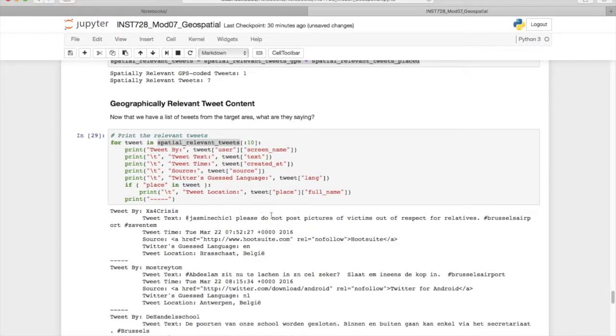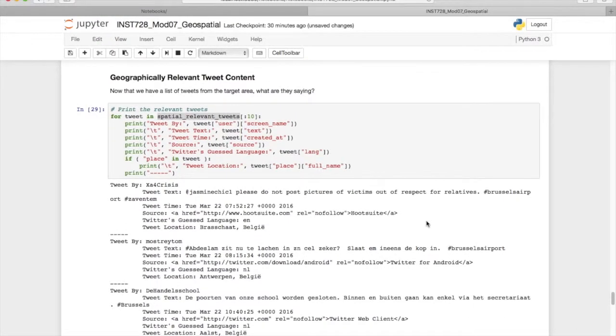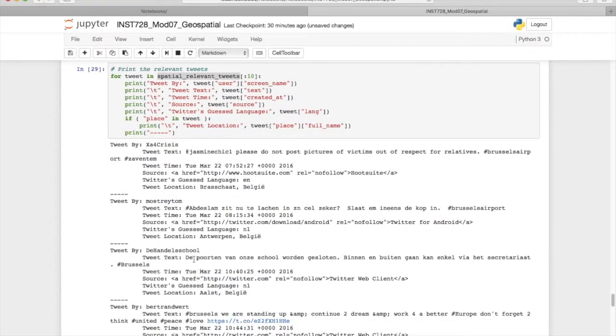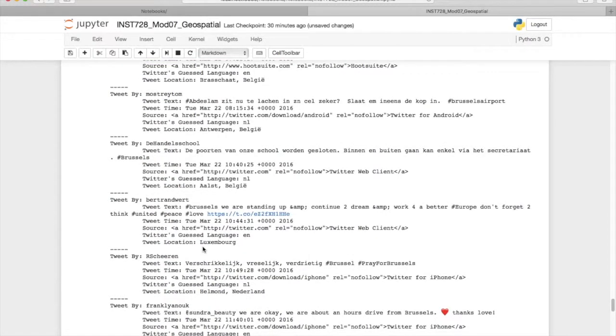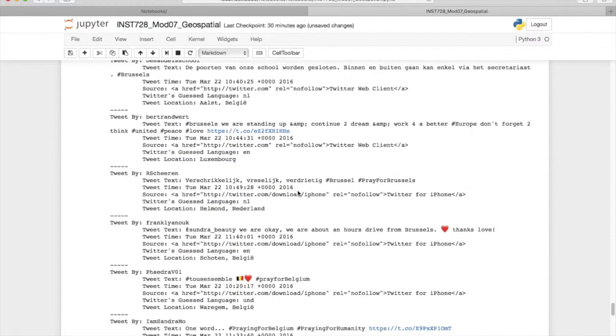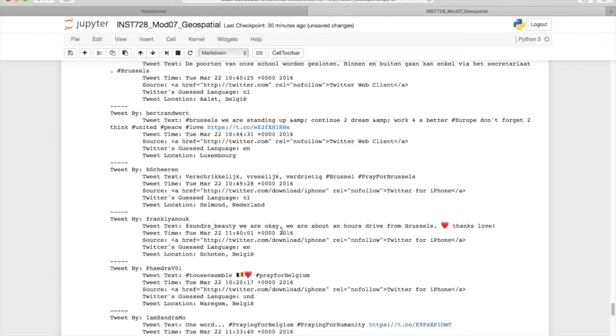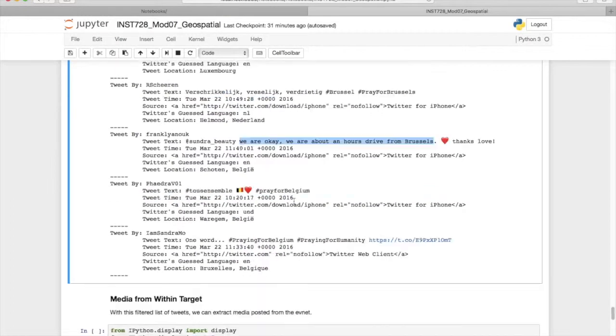So here we have, "Please do not post pictures of victims out of respect for relatives," a tweet that appears to be in Flemish or Dutch, another tweet that appears to be in Dutch, and then lots of thoughts and prayers and condolences for the victims in these tweets. But we have some additional information here, like this person, Sandra Beauty, talked about "we are okay" and where they are in relation to Brussels. And we have a lot of mentions of prayer for Belgium as well,